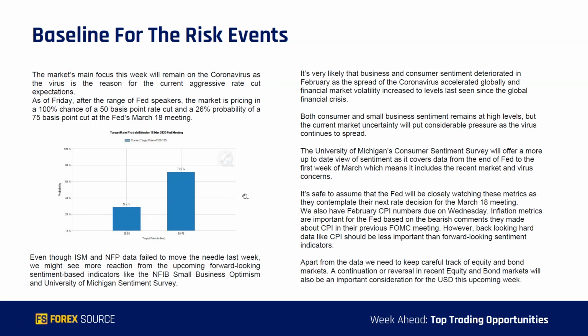Now, looking at the upcoming risk events and the baseline for them, the market's main focus for this week will remain on the coronavirus, as the virus is the main reason for the current aggressive rate cut expectations. As of Friday, after the range of Fed speakers that we had, the market is now pricing in a 100% probability of a 50 basis point cut and a 26% probability of a 75 basis point cut at the Fed's March meeting. Even though ISM and NFP data failed to move the needle last week, we might see more reaction